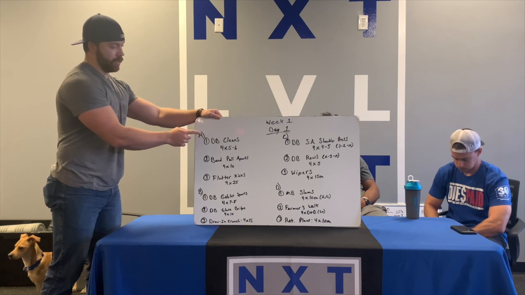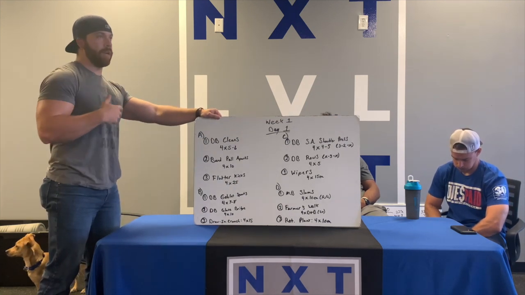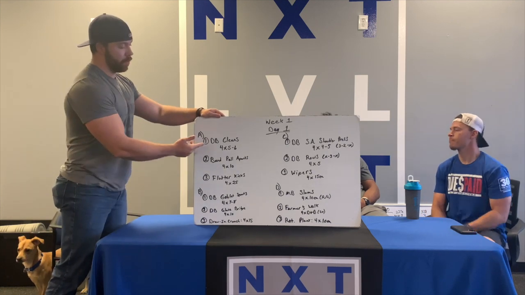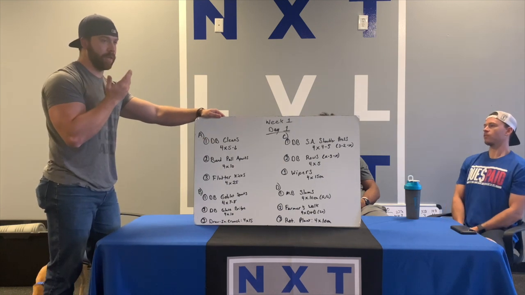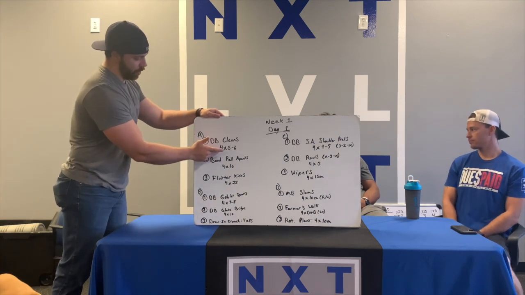So with DB cleans, that's our total body movement. I remember when we looked at the board, it said, oh, we gotta get 22 reps for day 1. So, wait, it says 5 to 6 reps. How do we get 22 from 5 to 6? That doesn't make sense unless you do some math right here. So we have 4 sets going, 4 sets of either 5 or 6 reps. So you can either hit about 20 reps or 24 reps, as need be, because you can't hit 5.5 reps. It's a little weird. Trust me, half reps don't count.